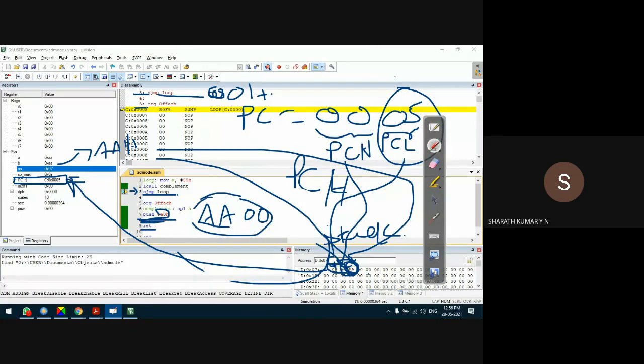It fetches 00A0H, which happens to be the wrong address. So especially in subroutine instructions, one important thing we have to remember is, whenever we use a push instruction, we should also use a pop instruction to make sure that the content loaded on the stack memory is retrieved back to some register.